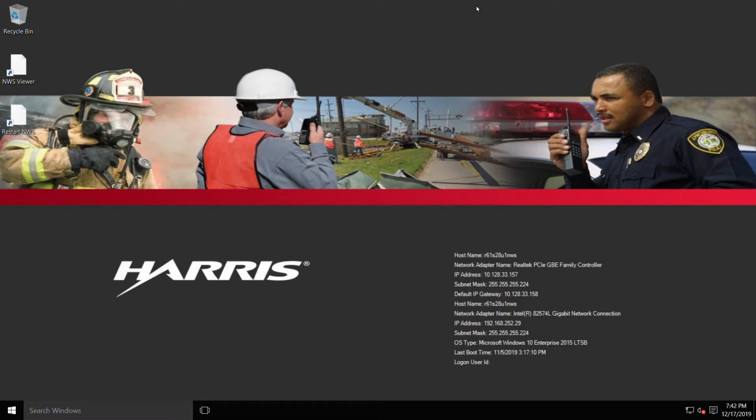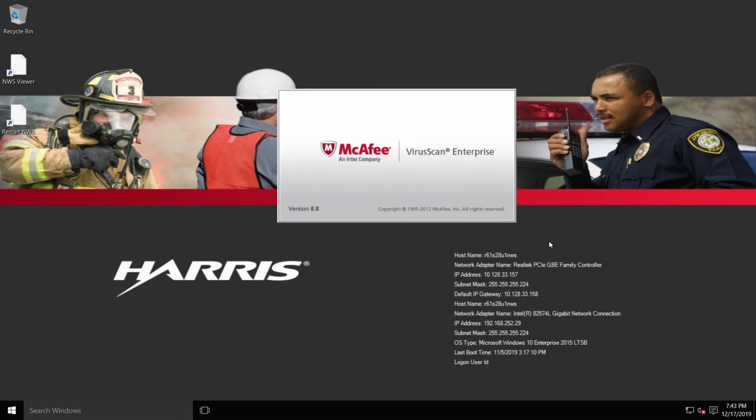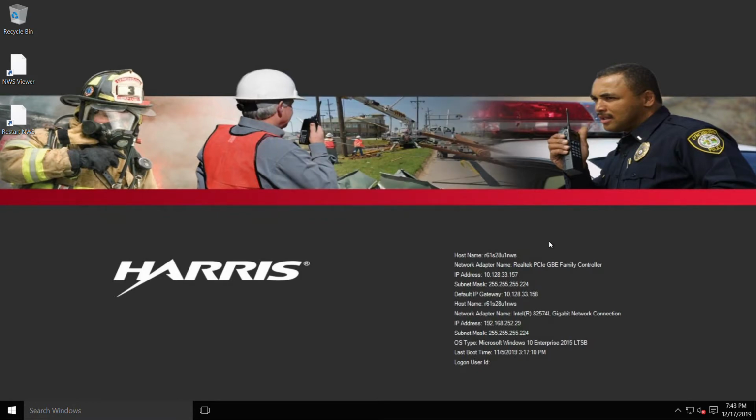Okay, what you're seeing here is that I have opened a remote desktop session to the Network Sentry on one of the sites. In this case, it's the concrete site over on the west side. Looking at the desktop, you can see the host name is Region 61, Site 28, U1 NWS, or Network Sentry. Once I've logged in and everything's settled down on the desktop, then I'm going to double click